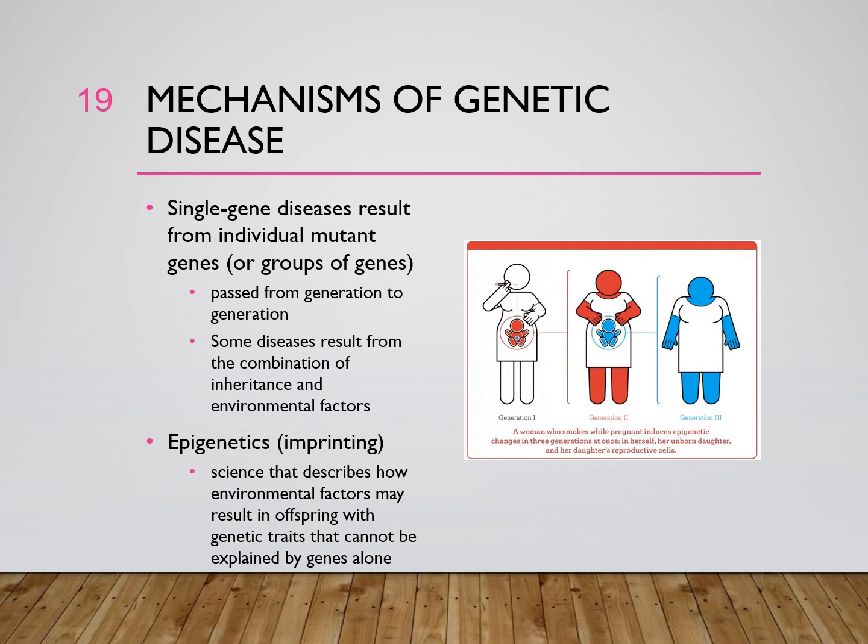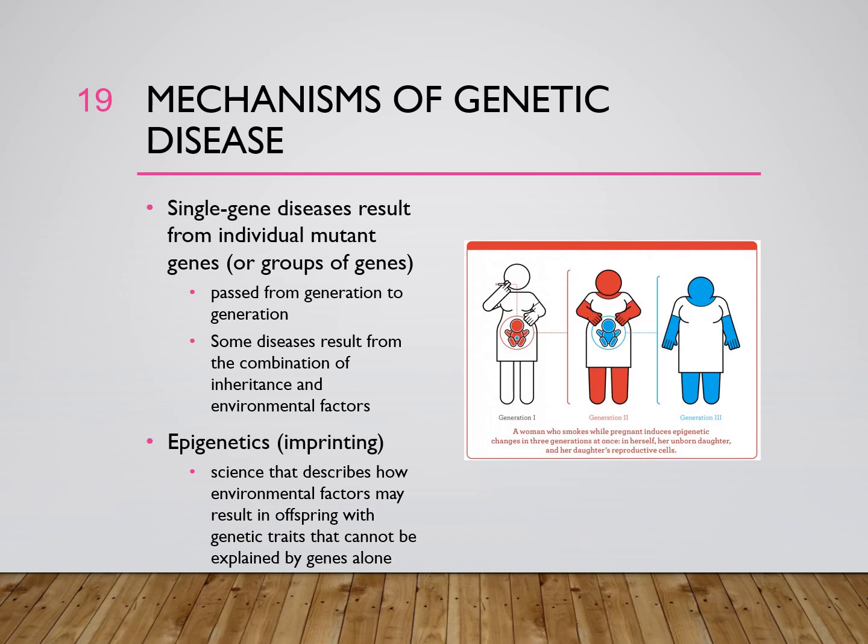So now we're going to talk about mechanisms of genetic disease. And the first one that's on our list is single gene diseases. So single gene diseases result from an individual mutant gene or a group of genes, and then these can be passed on from generation to generation to generation. On the other hand,